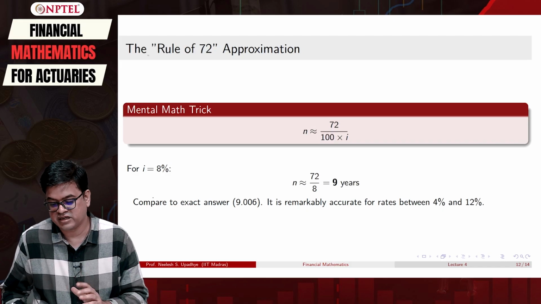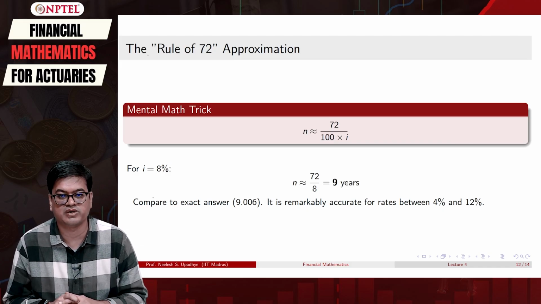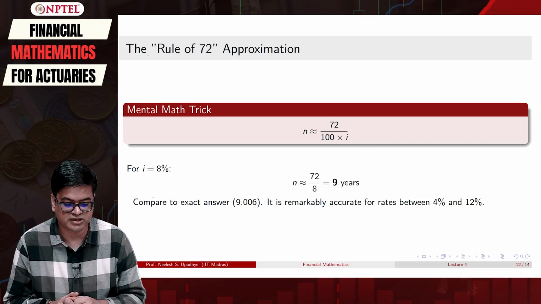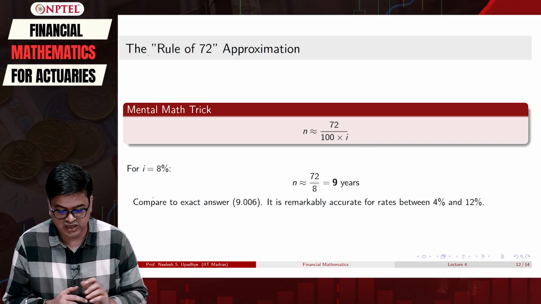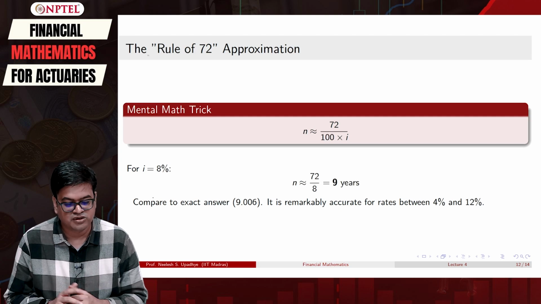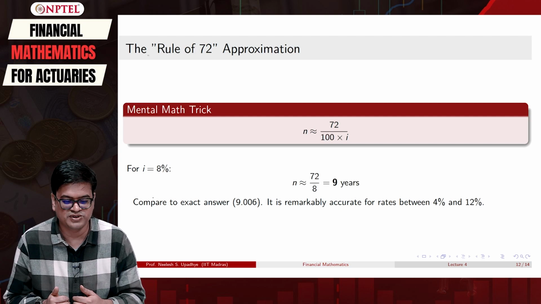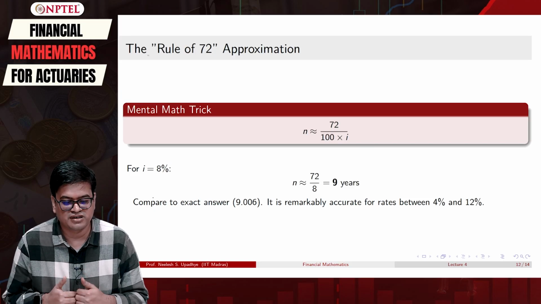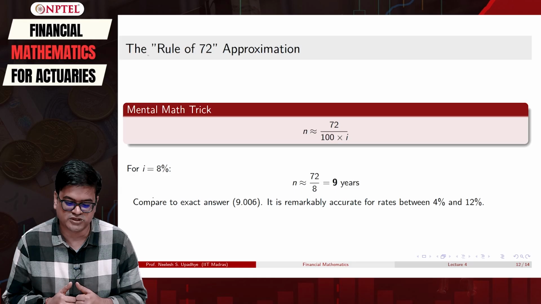However, a disclaimer, this particular trick, the rule of 72, works well between 4 to 12%. You can try your hand on it and you can check with your calculator how close you are. Most of the times you will be fairly close enough. This rule is your coveted tool for calculating the approximations.